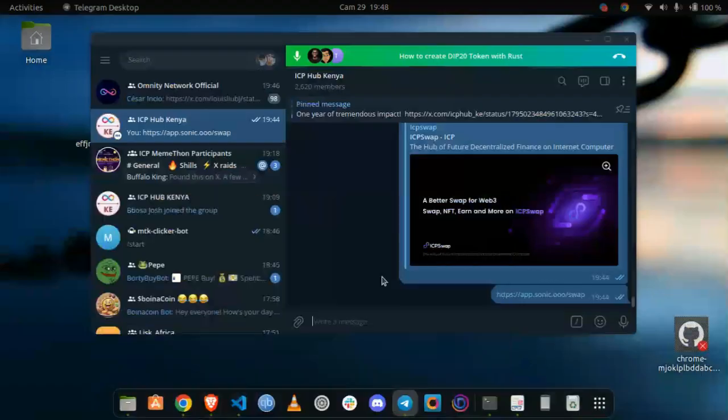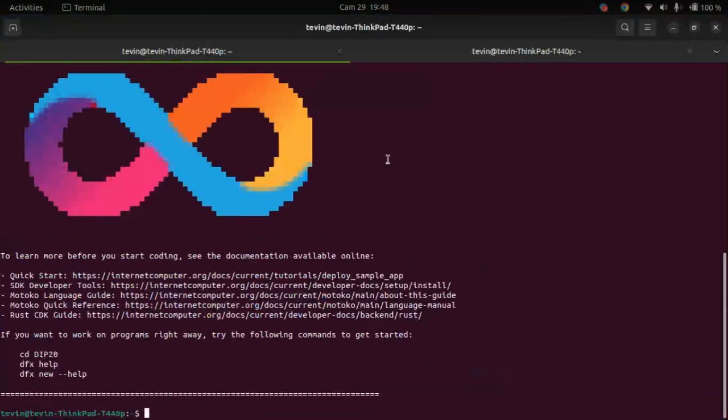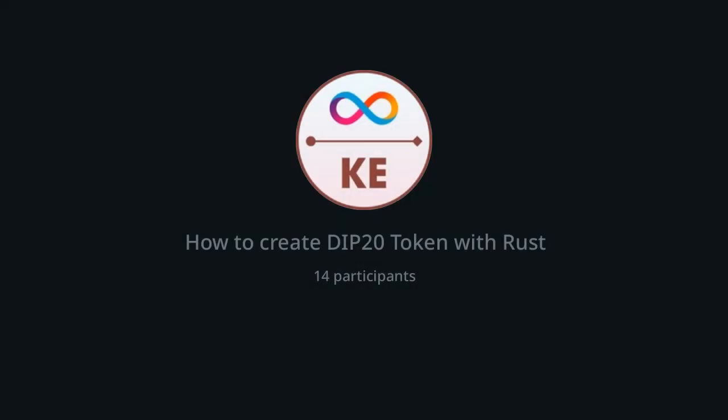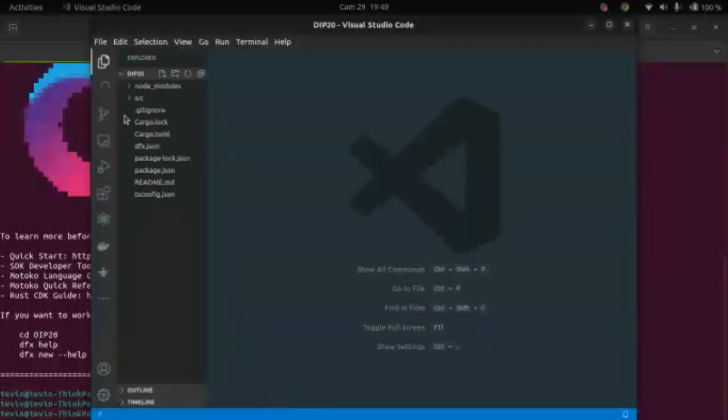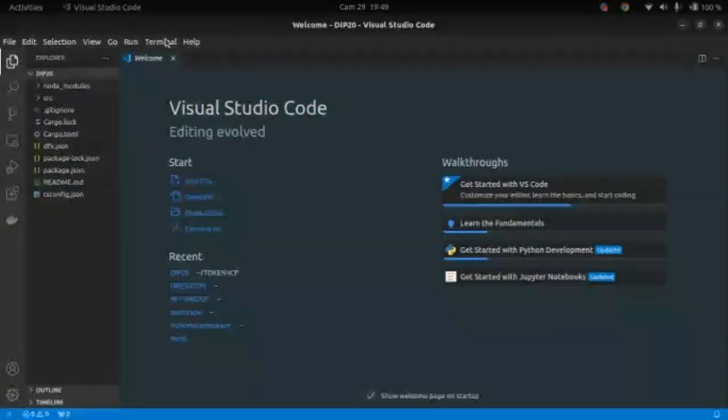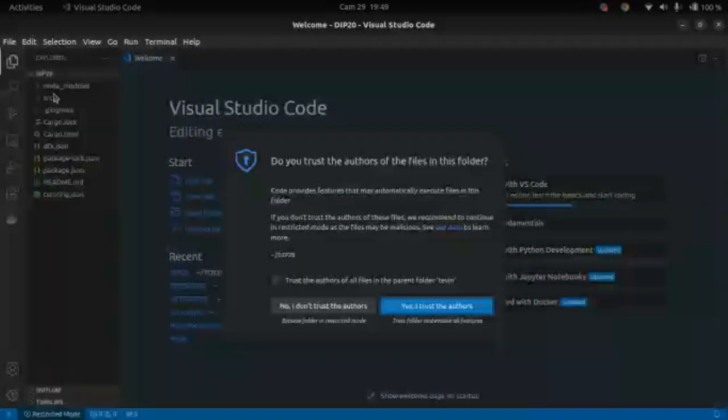Yes, I think this is done. Just CD into it. Contents. So this is a particular Rust code. It has a basic